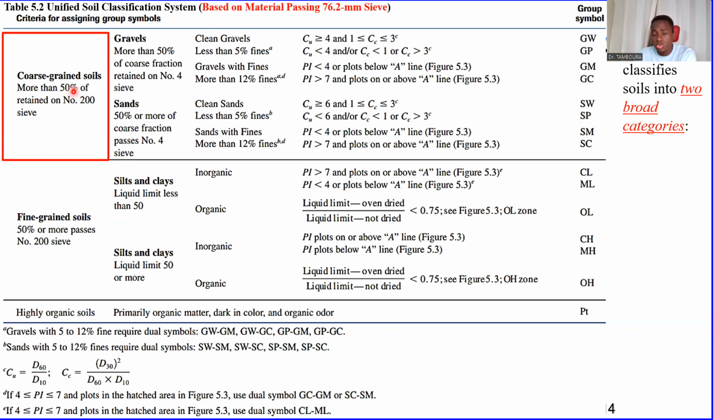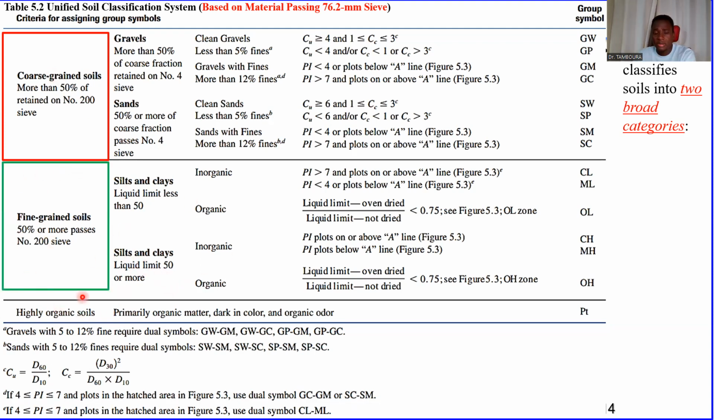The sieve number 200. I don't want to go back again because I already explained this. What is the sieve number 200 and the reason why I explained this before starting is here. Okay. And then